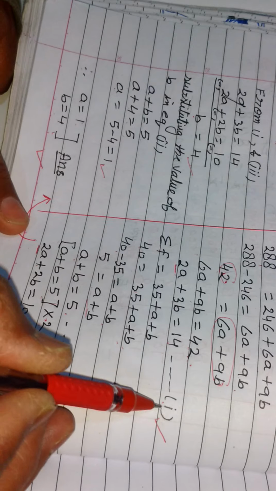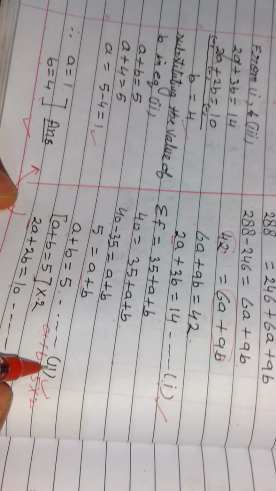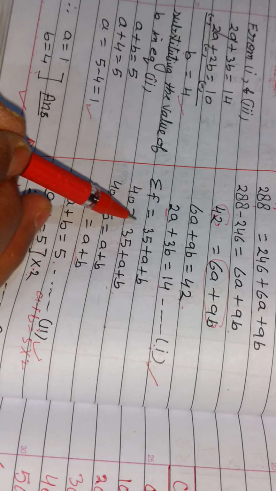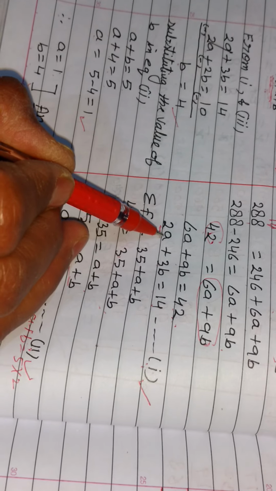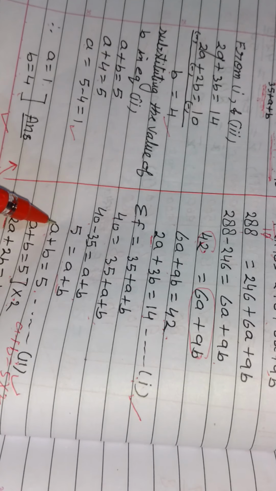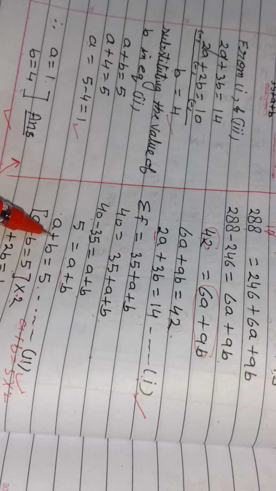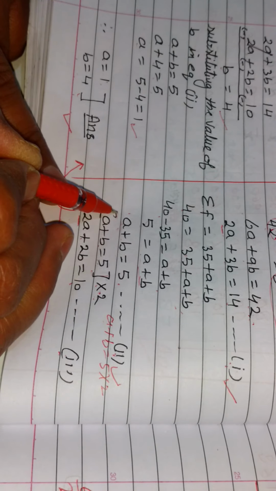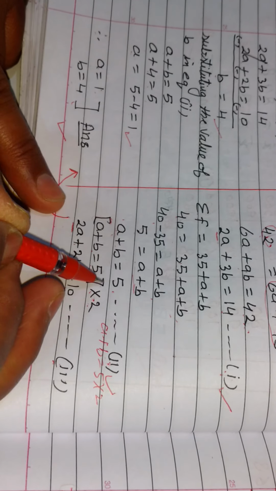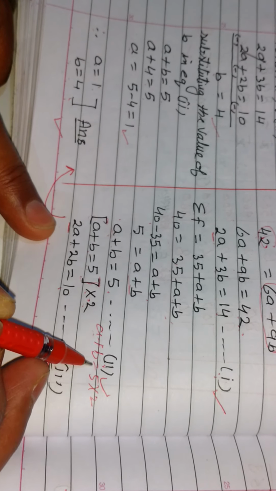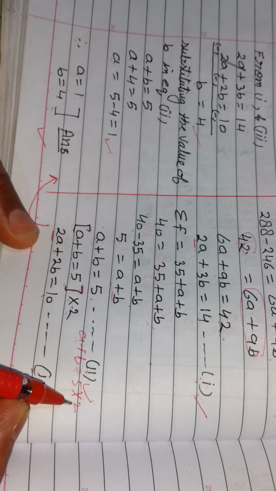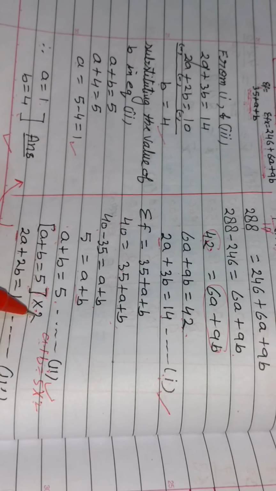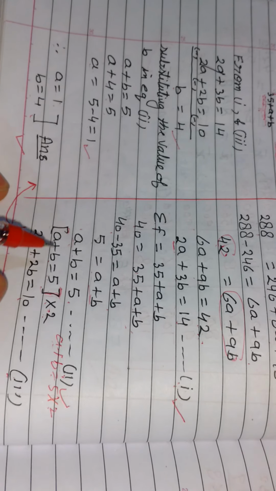Now, after this, we solve these two equations simultaneously. In simultaneous equations, we have to make the coefficient of either a or b the same. So I'm making the coefficient of a the same. For that, you know, the coefficient of a is 2 here and 1 here. So to make the 1 into 2, I have to multiply the whole equation by 2. So for this, I will write a plus b equal to 5. Children, here you have to keep it in brackets. Don't write it this way, a plus b equal to 5, multiply by 2. You have to keep this in brackets, as all the numbers have to be multiplied by 2.